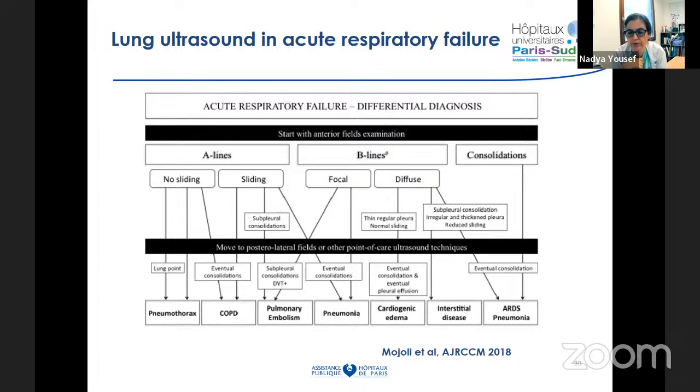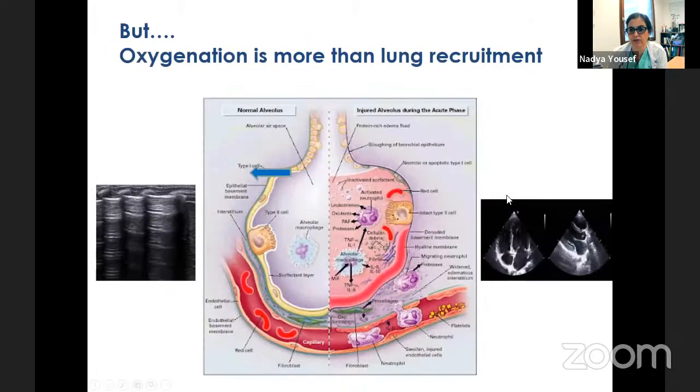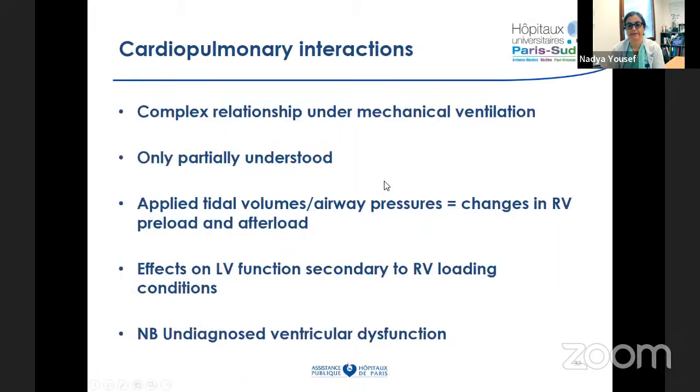So we're going through the Blue protocol, or cardiogenic edema, where we have a thin, regular pleura, normal sliding, and then we can even have some effusion. But of course, oxygenation and hypoxia are not only related to the lung, although we're doing lung ultrasound, it's a lot related to many other things. And we're in a position where we're working with not only physiology that's a bit complex to understand, but also we may ventilate these patients, and like in patient number 1, many of these patients are under mechanical ventilation, and this becomes even more complex,